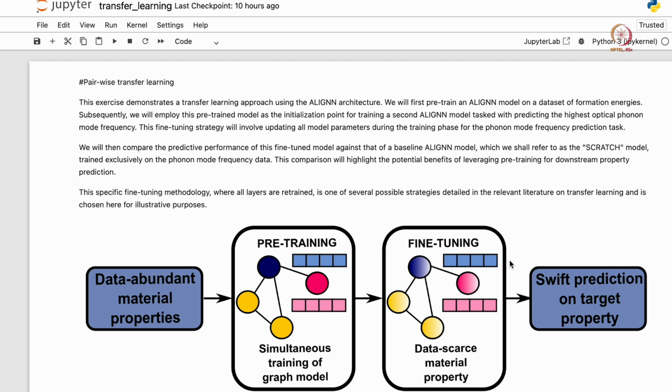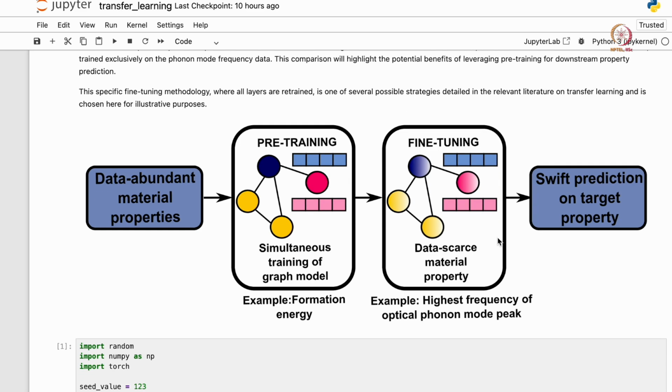And then we will train a model which has been pre-trained on formation energies, okay. So this formation energy pre-trained model has seen lots of structures, a large data set of formation energies, and their corresponding formation energies. So it has learned some structure energy relationships from that database. What we will try to do is, can we leverage this on our target dataset which is much smaller, and can we see any improvement in performance by utilizing this knowledge transfer, this knowledge that it has gained from the formation energy dataset, okay. Then let's start this tutorial.